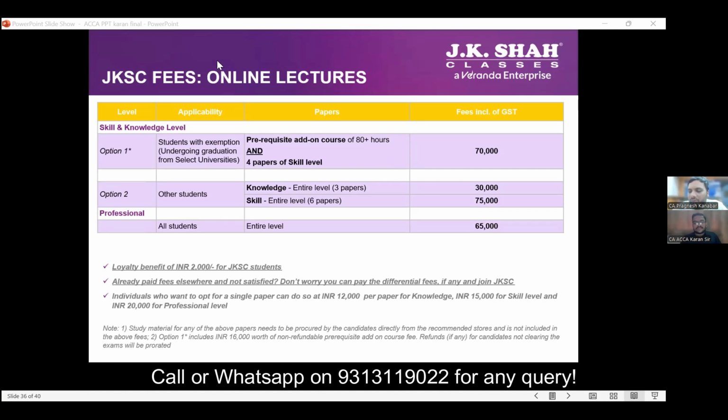Sir, how does the ranking system work? जैसे CA में top 50 ranks होते हैं, so what is it in ACCA? So यहाँ पे world rank होंगे और at the same time country rank होगा. World rank and India rank. Yes. And maximum ranks that they give is 50, 100?